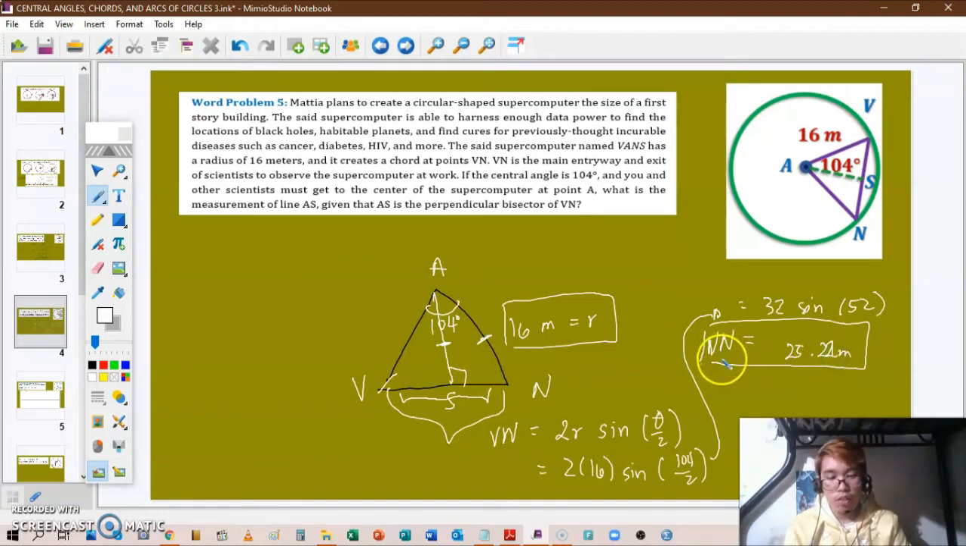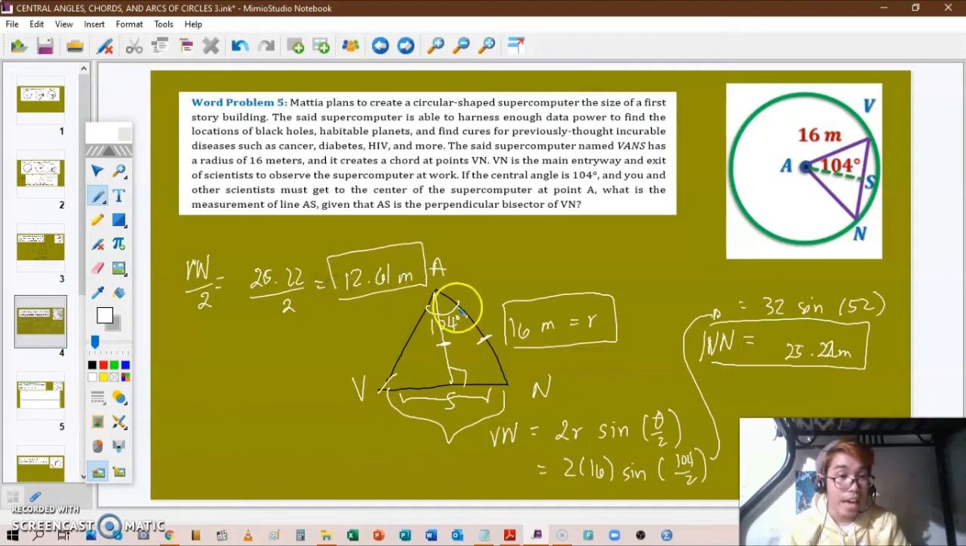Because it's 25.216, and if you round that off, it's going to give you 25.22. So Vn over 2 is 25.22 divided by 2, which gives you 12.61 meters. And to solve for AS, this side measurement, we can